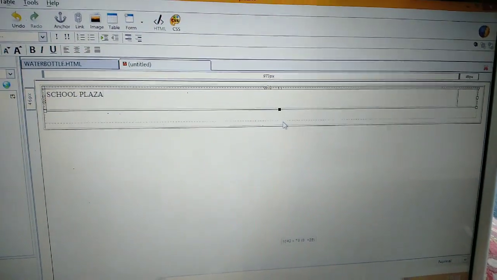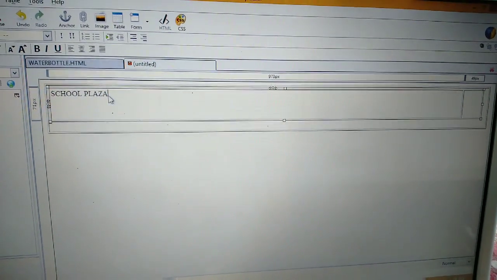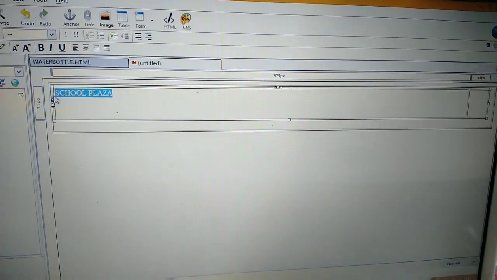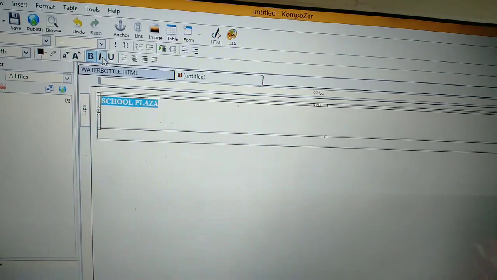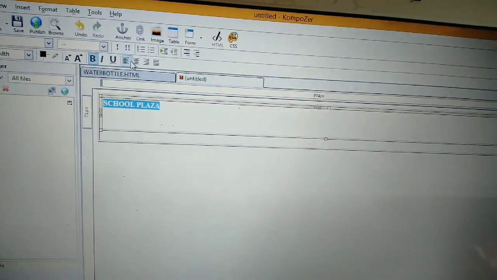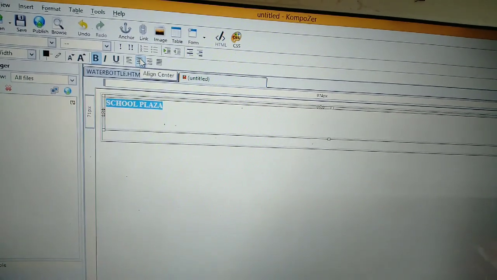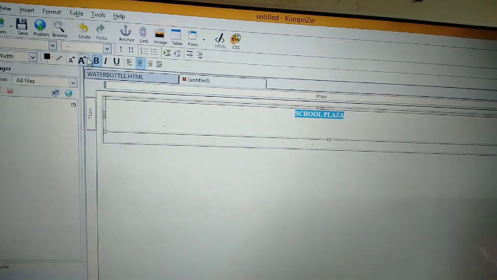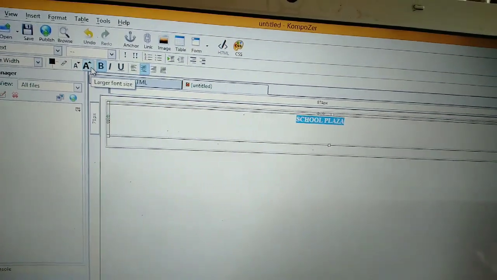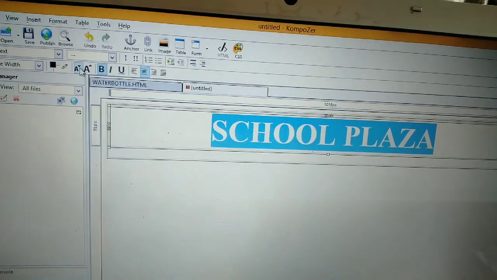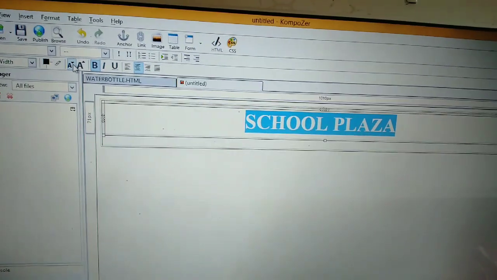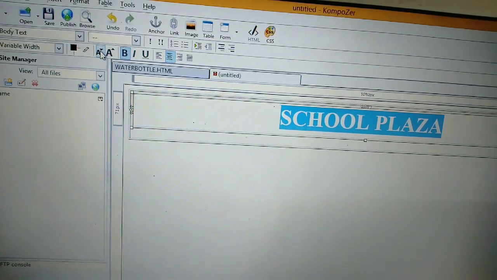Now, if you want to apply formatting to your School Plaza title, then you can apply. For example, I am selecting bold. If you want to apply italic or underline, and this is alignment: left, center, right. I am applying center. If you want to increase your font size, then select the large A. If you want to decrease your size, then select the small a.